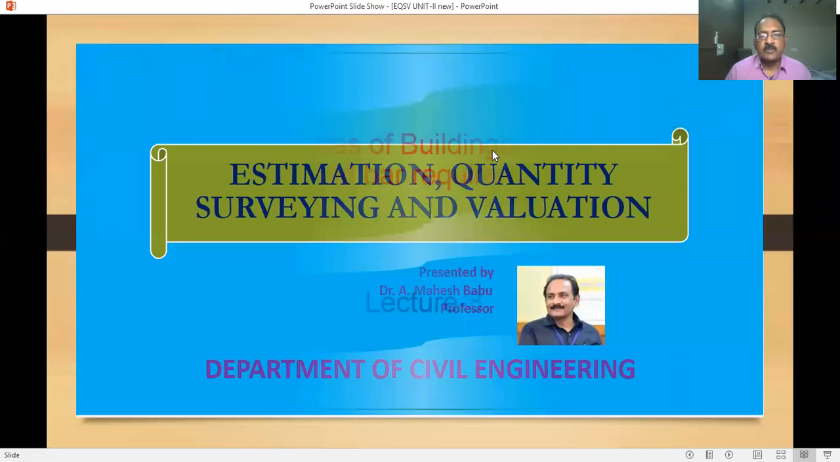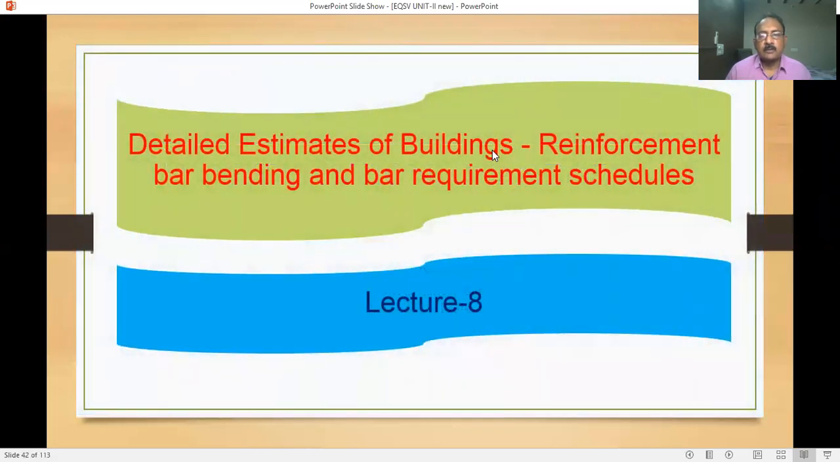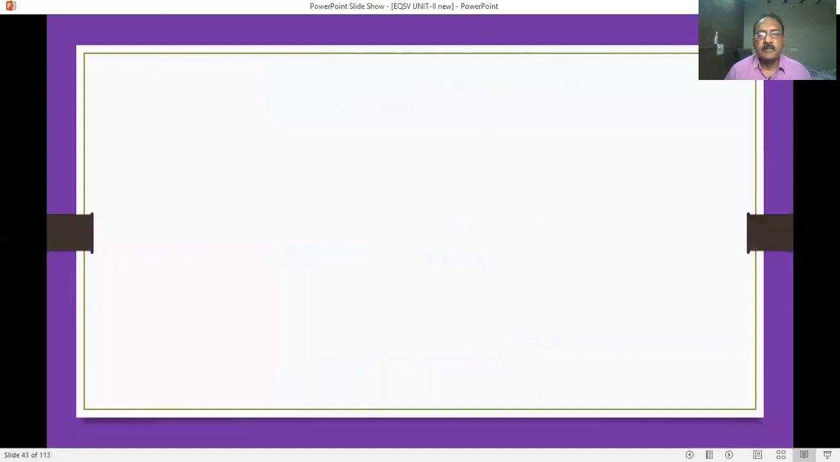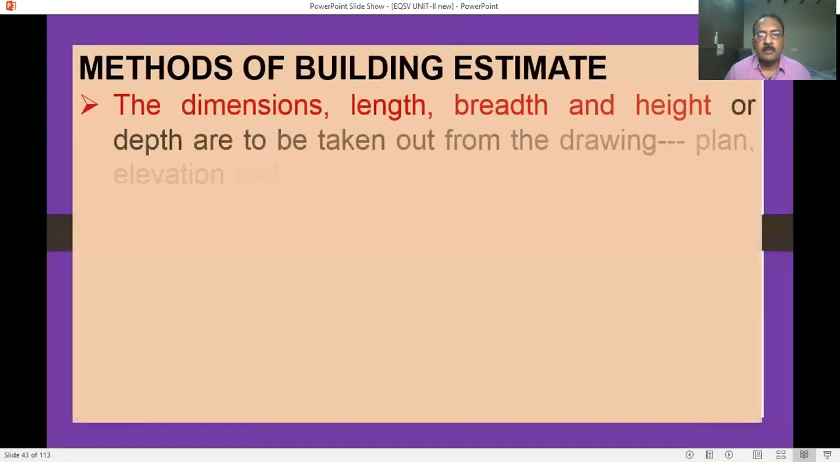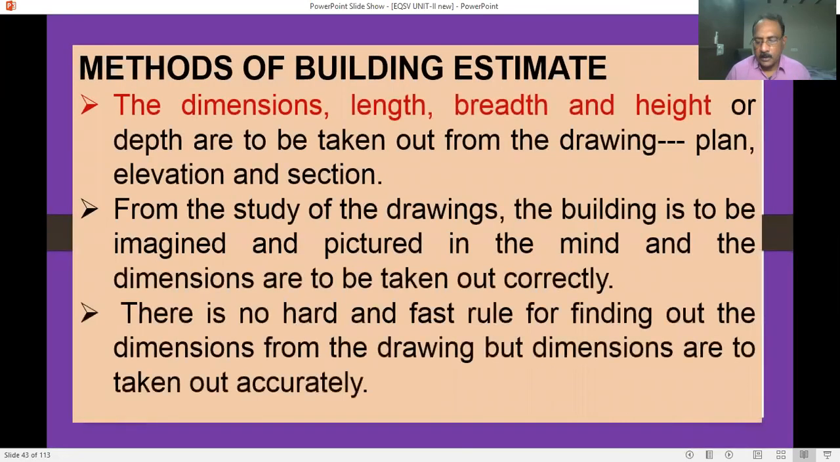Till now we discussed different types of lump sum work charges and how to calculate them. We'll see detailed estimates now. What are the methods available in detailed estimation? See here, the methods of building estimates, there are three different types. Before that,